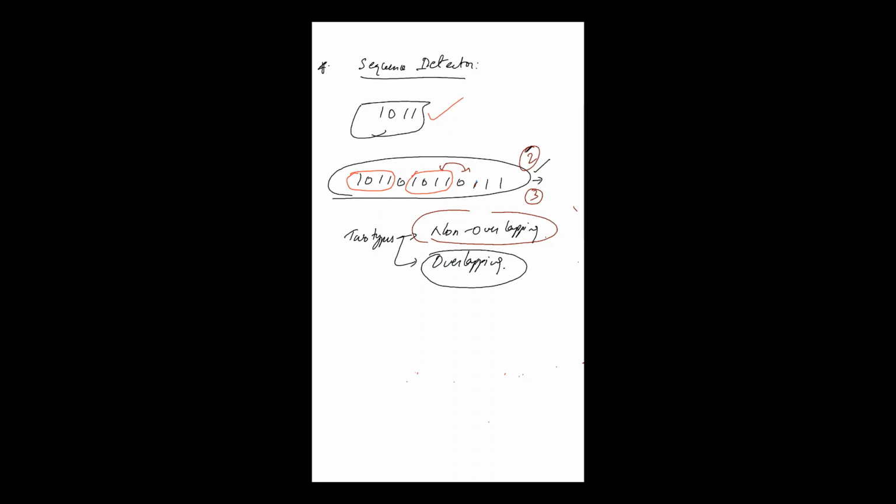or non-overlapping. In the overlapping case, we have seen this type of sequence combination is possible, where we are utilizing the sequence or the bits of the already detected signal. Whereas in the non-overlapping case, this cannot be possible, right? So this is a sequence detector that we have to design.